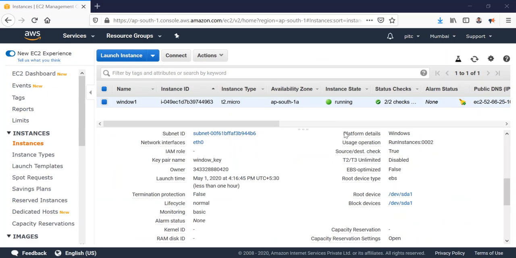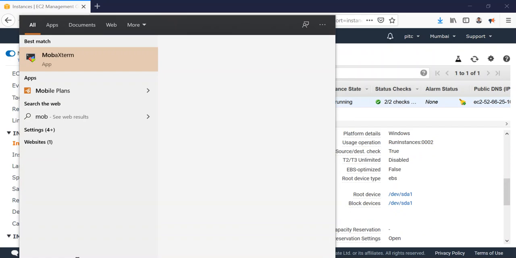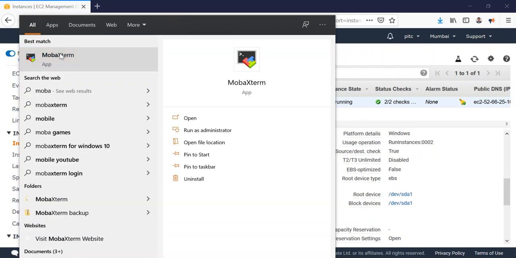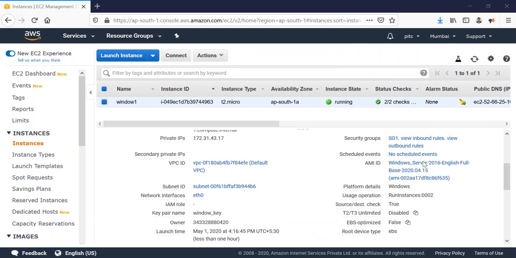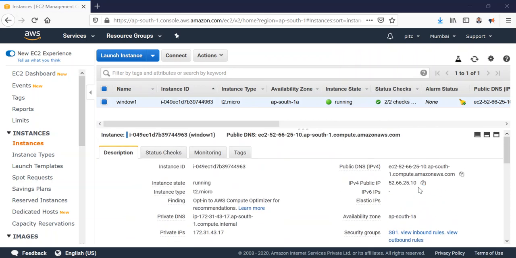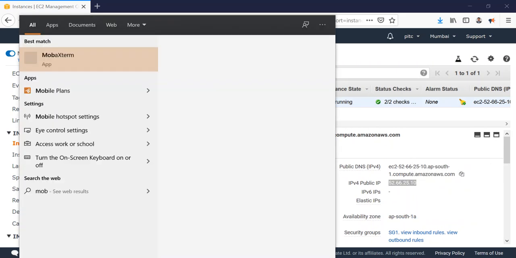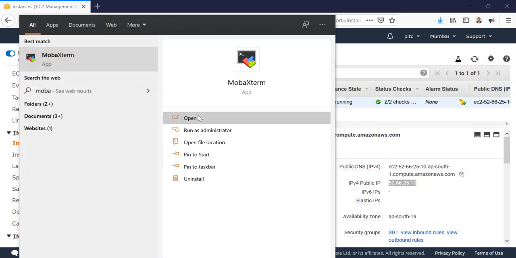There is another tool called MobaXterm, which I have in my system. Just remember, we have to give the password and IP address. So I will copy the public IP address. MobaXterm, please open.